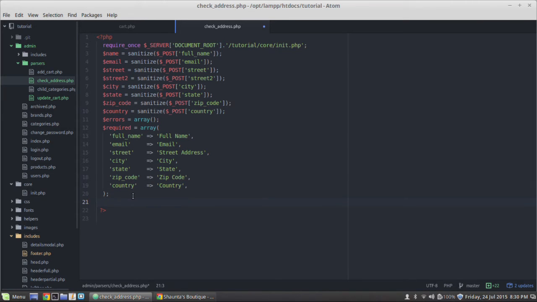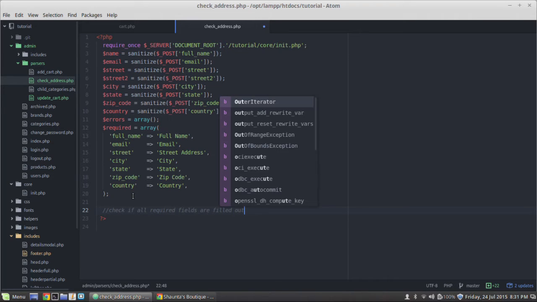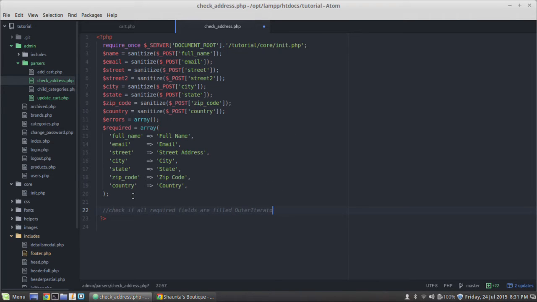That's our required fields, and so now we can say check if all required fields are filled out. That's just a comment. Alright, so to do that, we'll just do a for each loop, and we're going to say for each required